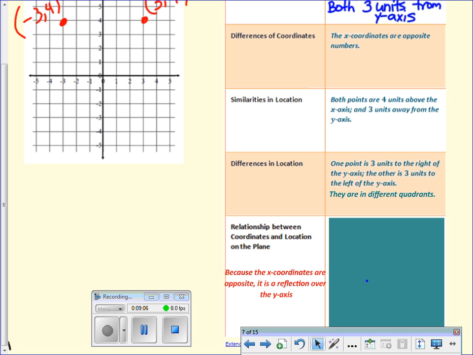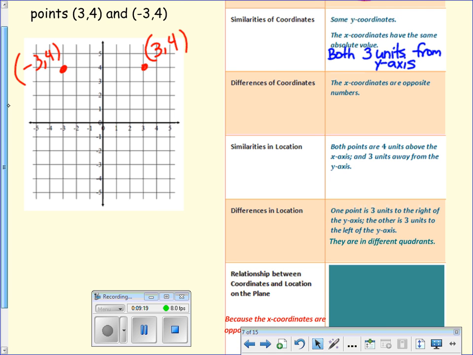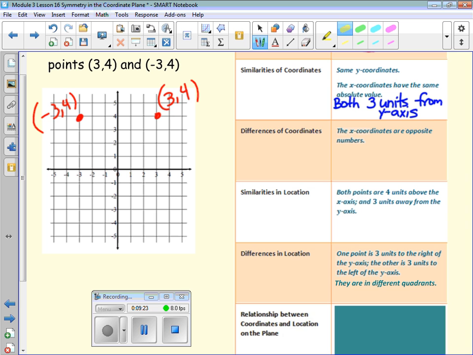But basically what we want to look at is that they both have the same y coordinate, and what's different? The x coordinate. So because the x coordinates are opposite, do we see that? The x coordinates are opposite, so it was a reflection over the